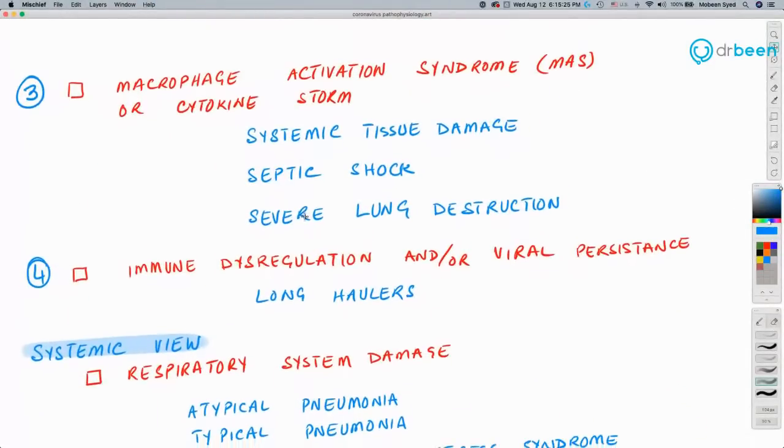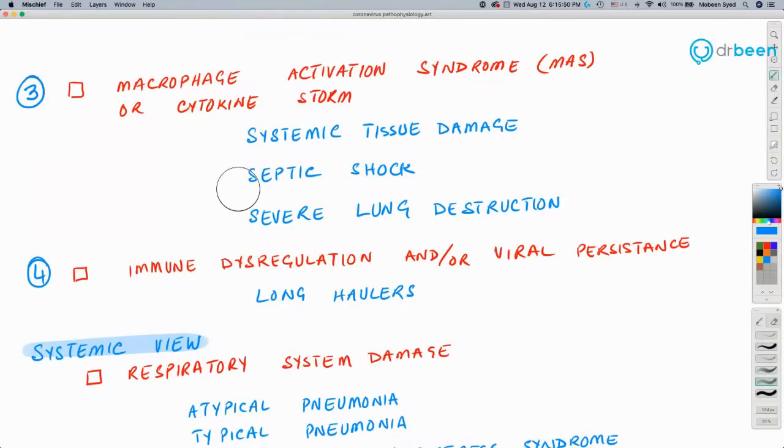The third category of damage is the immune system dysregulation, or some people call it macrophage activation syndrome. For example, Dr. Paul Marik in the MATH+ protocol. Others call it cytokine storm. Others call it cytokine release syndrome. So there are many ways to say it, but eventually it is the immune system that